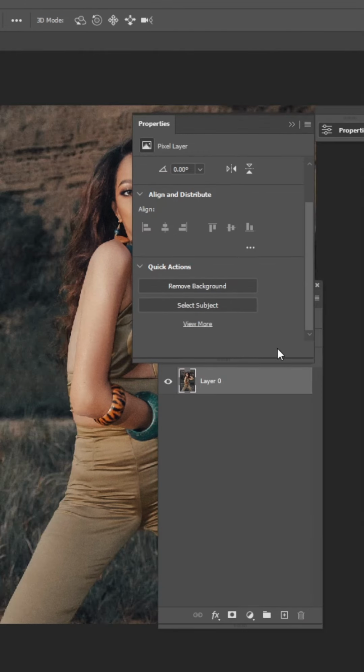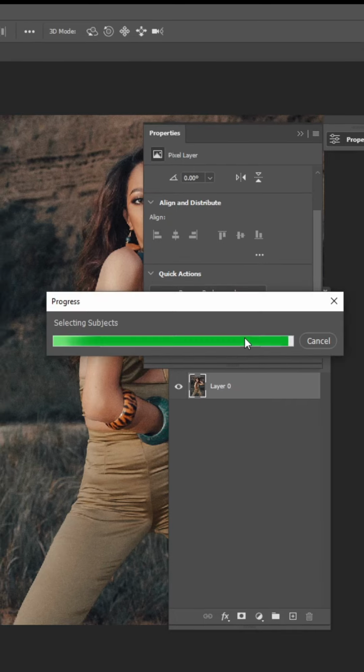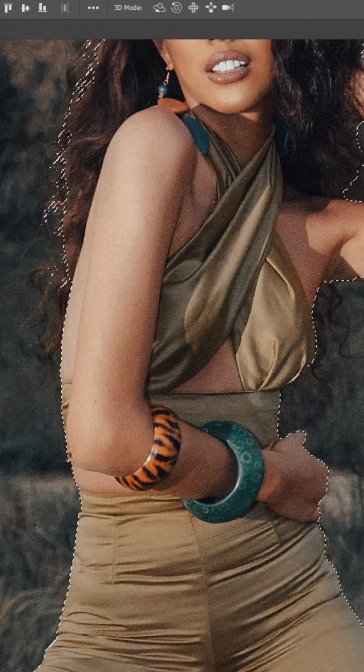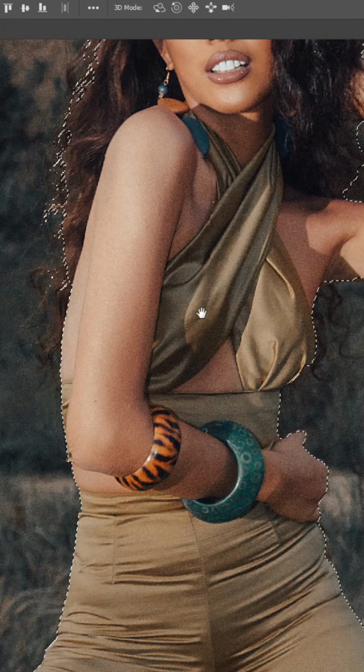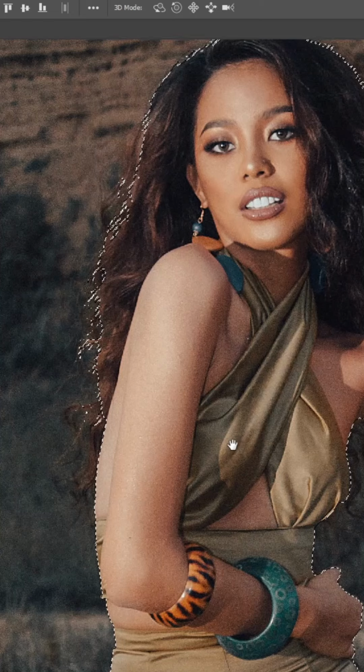The second step, using select subject, is easy. Just click the select subject button, and after a few moments a selection outline appears. If I zoom in for a closer look at the initial selection, we will see that select subject missed part